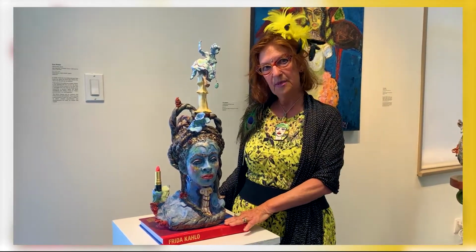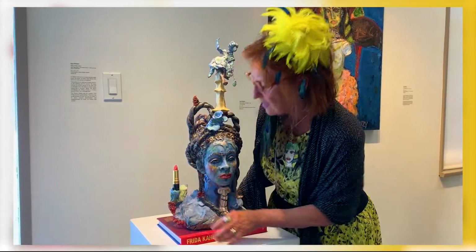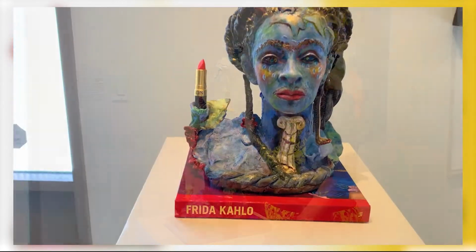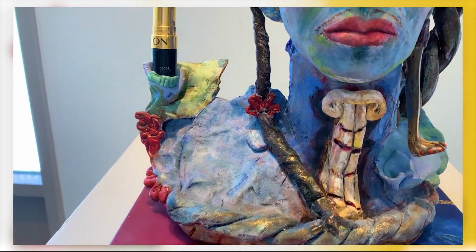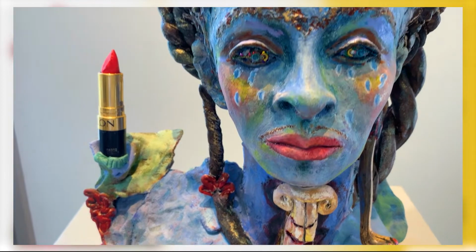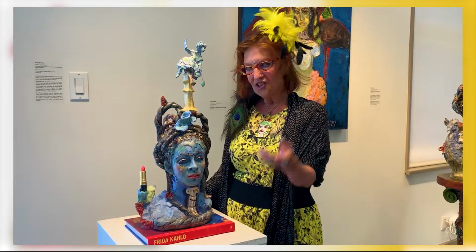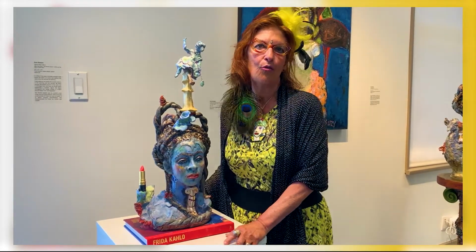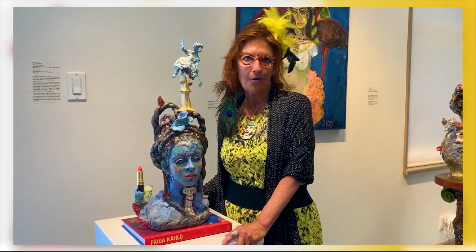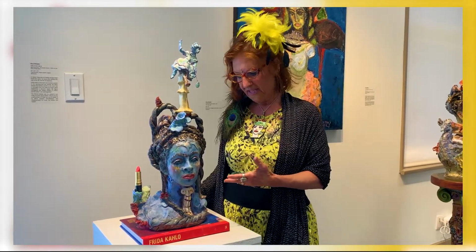So part of this piece, I have put this lipstick, which was actually my mother's lipstick, and it's Revlon lipstick, which is the same lipstick brand as Frida Kahlo wore, as I found out when reading this book. I took my mother's color off, and I made a ceramic red lipstick in the color that Frida would wear. And it's the beginning of my realizing with this show that